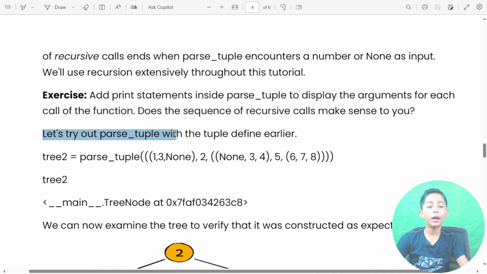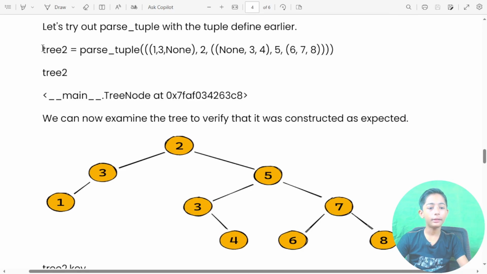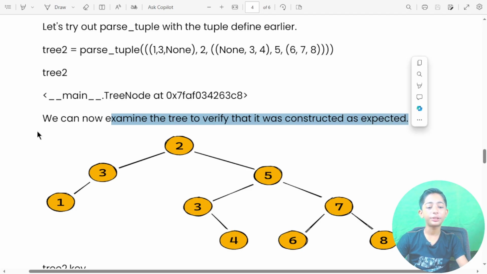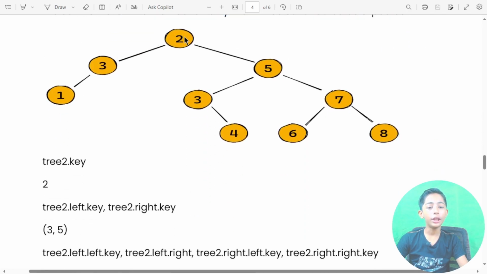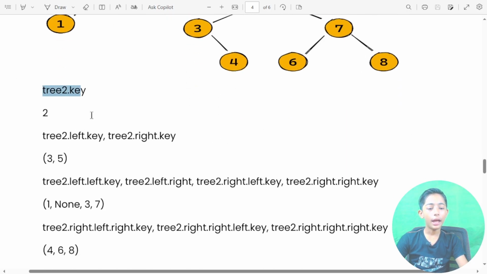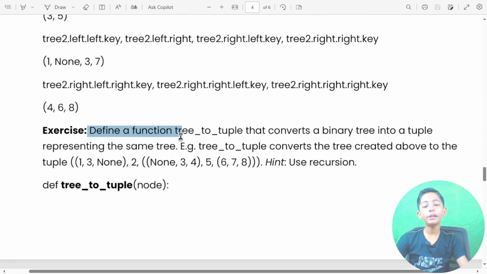Let's try out parse_tuple with the tuple defined earlier, like this. Here you can see it. We can now examine the tree to verify that it is constructed as expected, like 1, 3, 2, 5, 3, 4, 7, 8, 6. Here you can see it. I'm giving you one exercise.